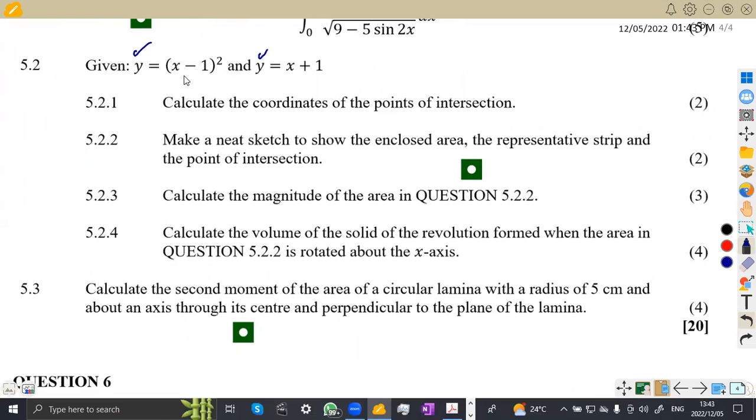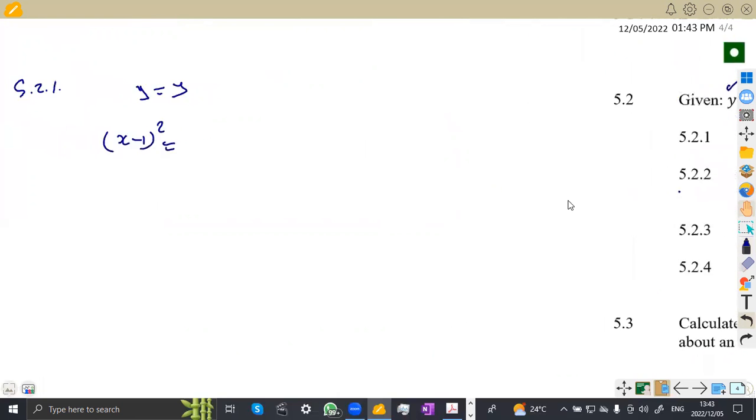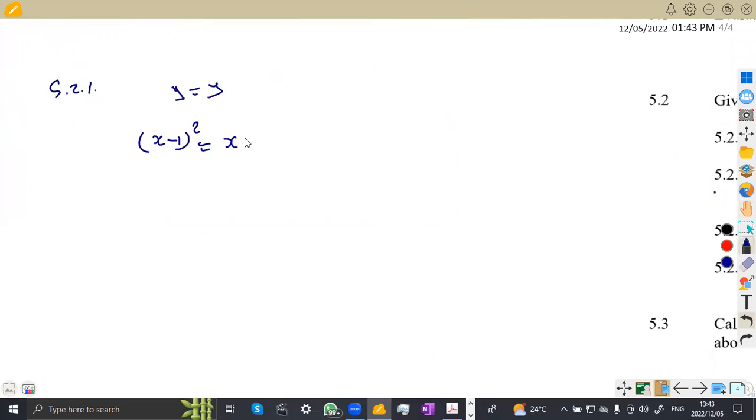So if y and y are equal, it means x minus 1 squared is equal to x plus 1. So that's an equation that you're going to formulate. So this is 5.2.1. Since y is equal to y, it means x minus 1 squared is equal to x plus 1. So you formulated an equation in terms of x. You can solve here using your identities. You're going to obtain x squared minus 2x plus 1, or you can expand the brackets properly. x minus 1 into x minus 1, you expand, you get the same answer,